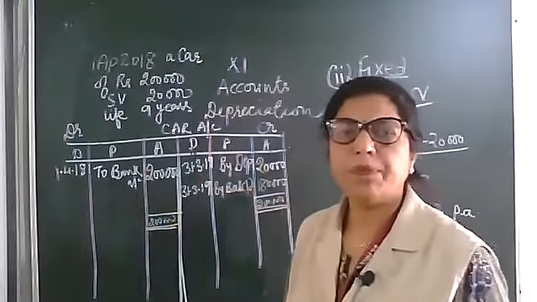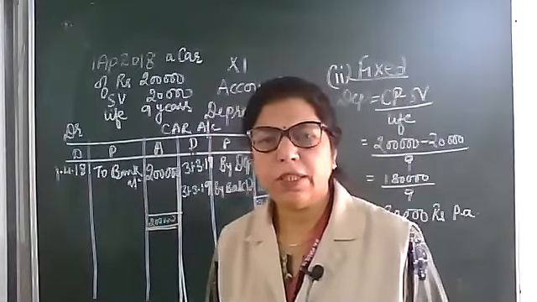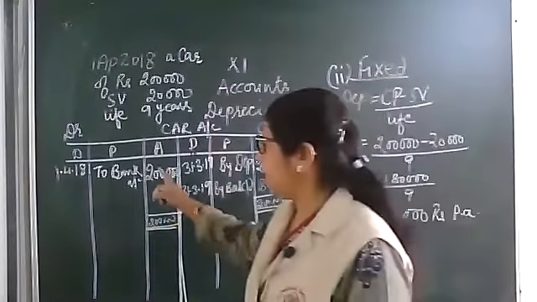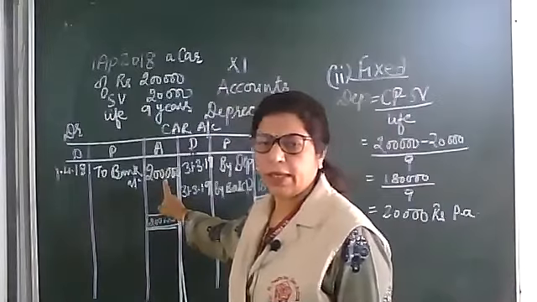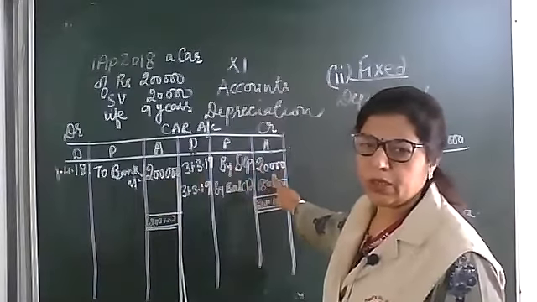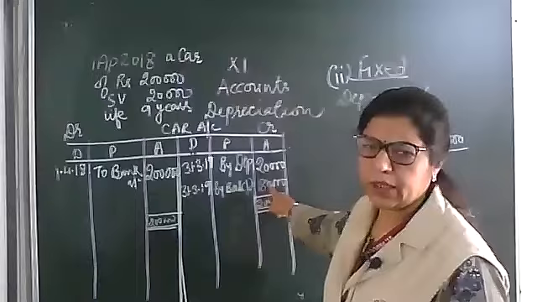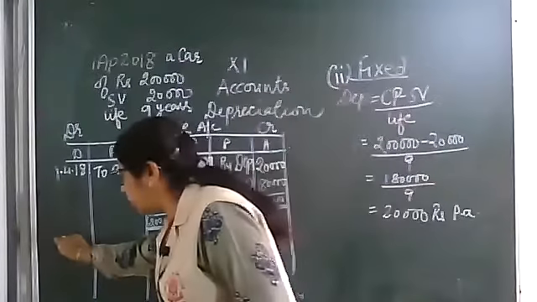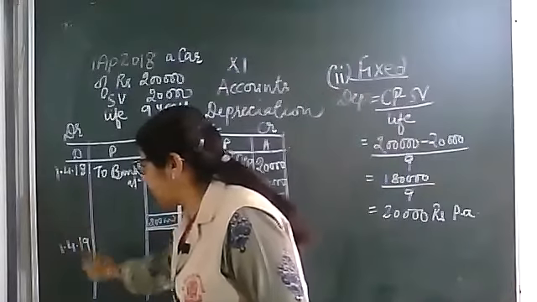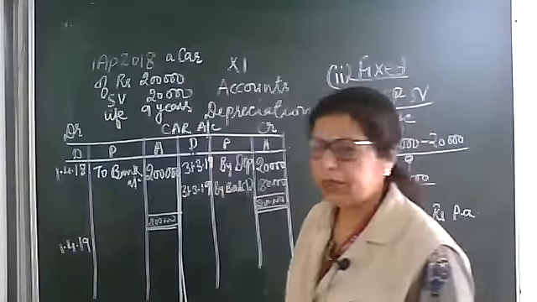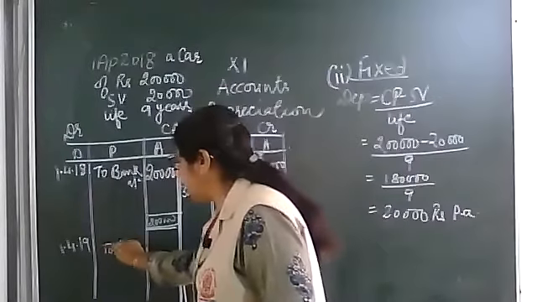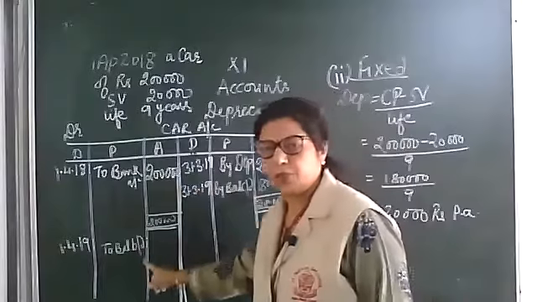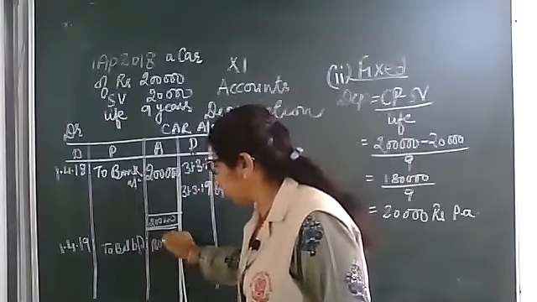Those who were absent yesterday, look at it again here, see how we can calculate the balance. This is bank account 2 lakh, depreciation 20,000, so the balance remaining is 1,80,000. We carry forward this balance here, but the date is now 1st April 19. 1st April 19 to balance BD. And the balance BD from here to here, that is 1,80,000.